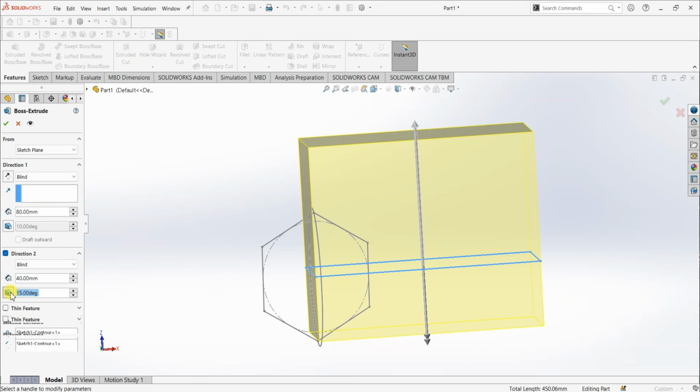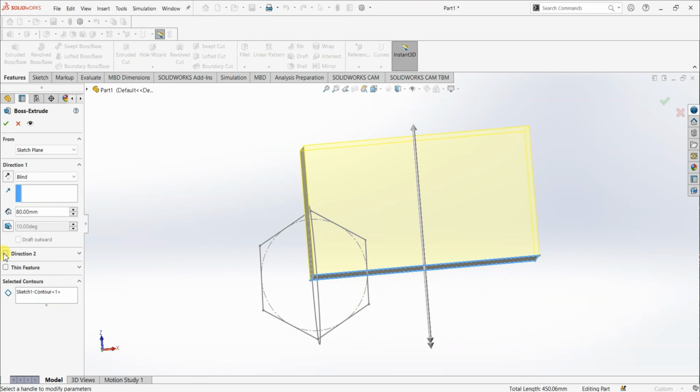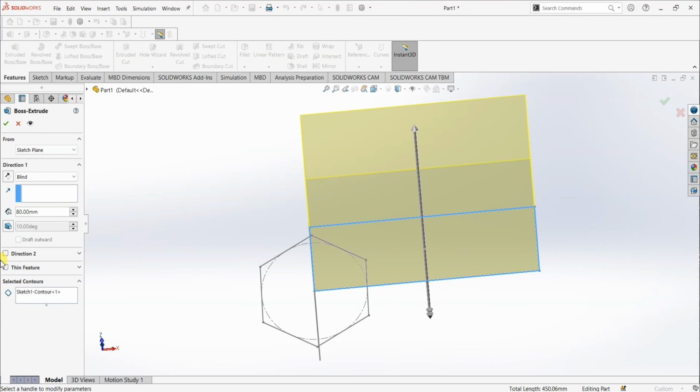Also, if I enable draft angle, you can see a difference in the shape. This way you can create some 3D shapes. I'm going to deselect this. I'm going to deselect this direction 2 too. And then we have the last option which says thin feature. When I select thin feature,